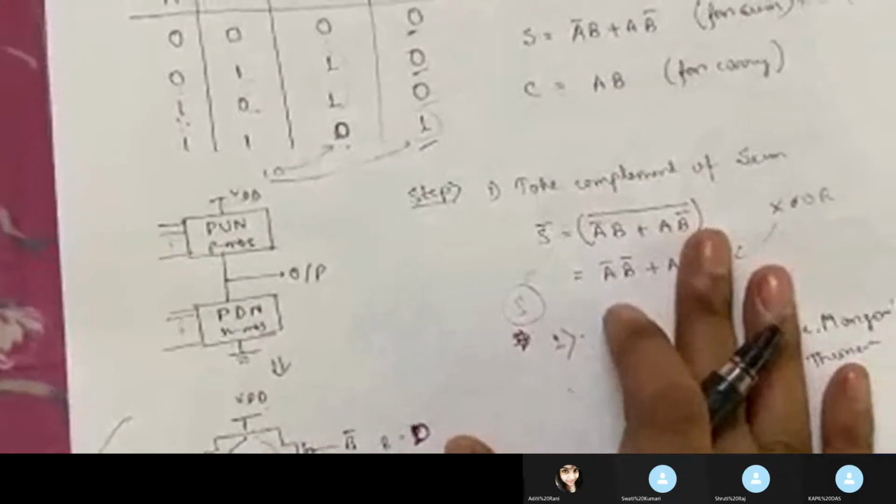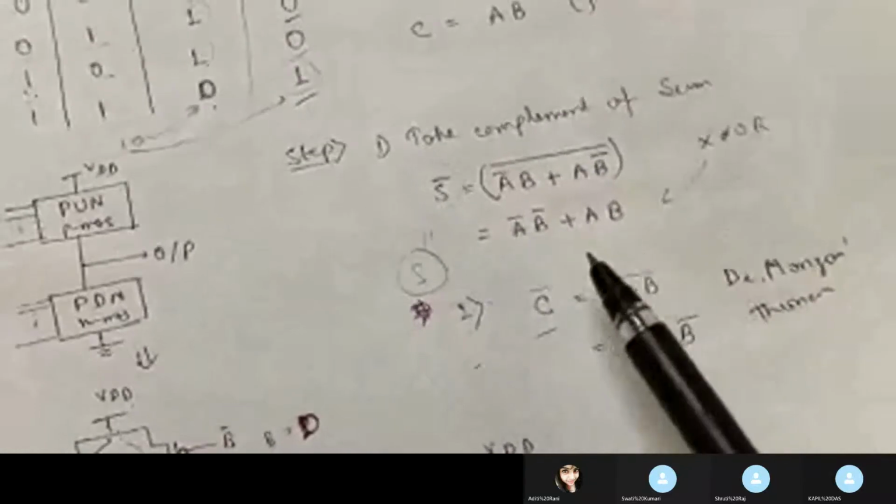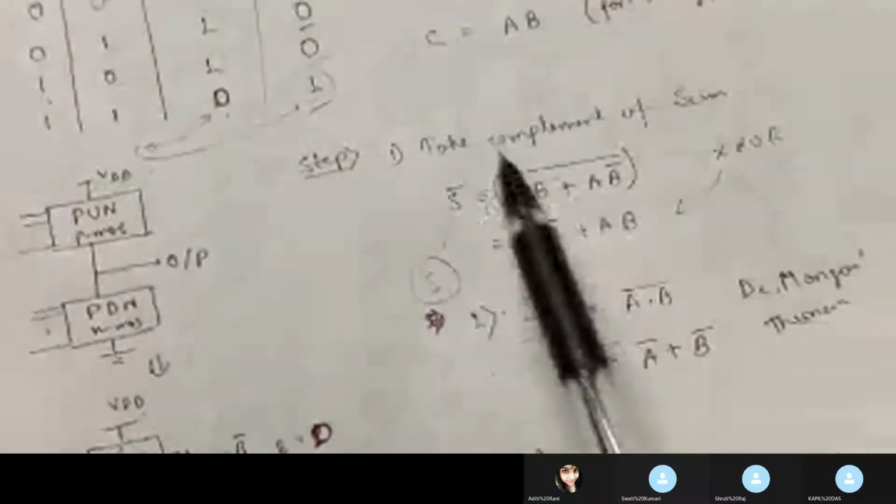So if you have been asked to draw the half adder using CMOS logic, what we have to do? You have to first draw the truth table of the half adder circuit. From the truth table, you will automatically get the Boolean function of it. So for the Boolean function, what you have to do? You have to invert the Boolean function logic, means you have to complement the Boolean function logic to make the proper input of your CMOS logic, right?